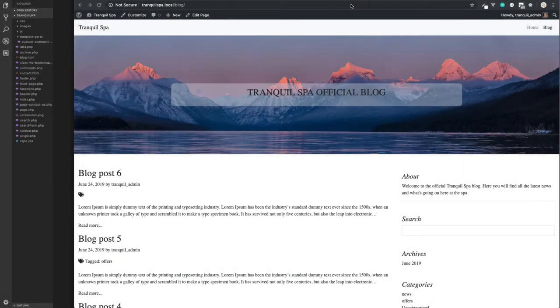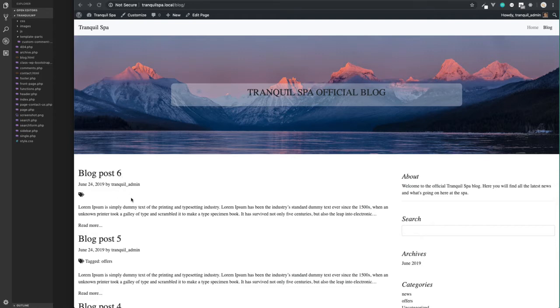Next up, we're going to look at how we can add featured images to our theme. You may also hear these referred to as post thumbnails too. These images are used to represent things such as a page or a blog post, and we have control over where these images will display. We can place an image inside of this blog post preview rather than just having plain text for the content